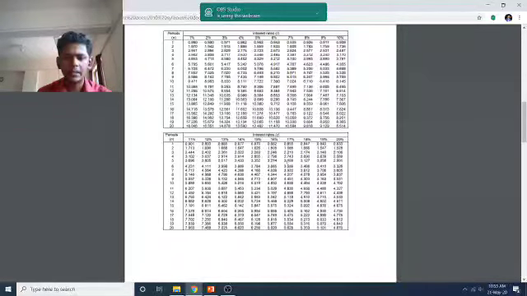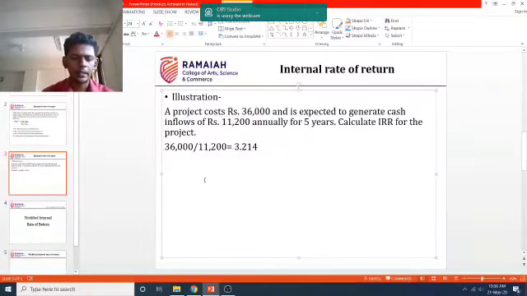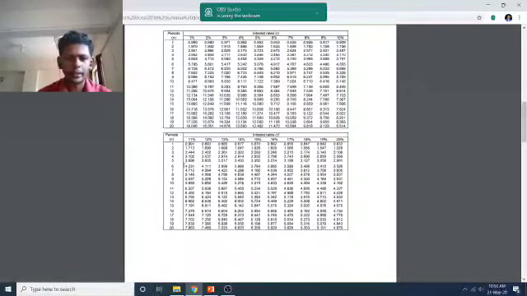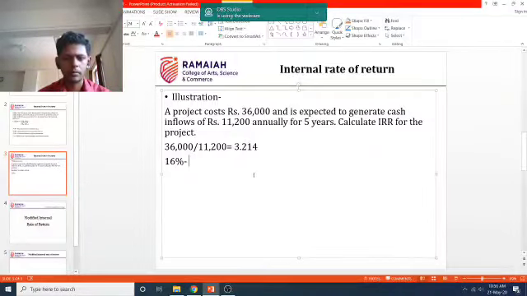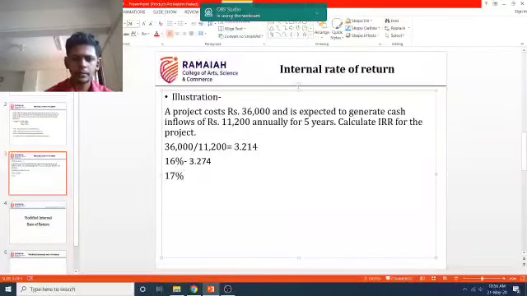It lies between 16% and 17%. So for 16% it is 3.274, and for 17% it is